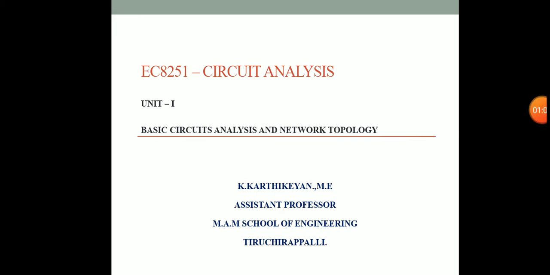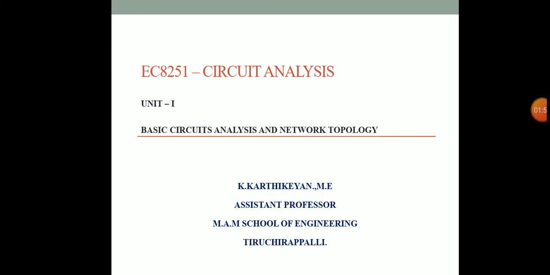So, dear students, in this presentation, first we will study Ohm's law and then Kirchhoff's law and the mesh current method and node voltage method for DC and AC circuits, and then network terminology of incidence and reduced incidence matrix, and then fundamental cut set and cut set matrix of voltage and current. Finally, duality and dual network analysis.